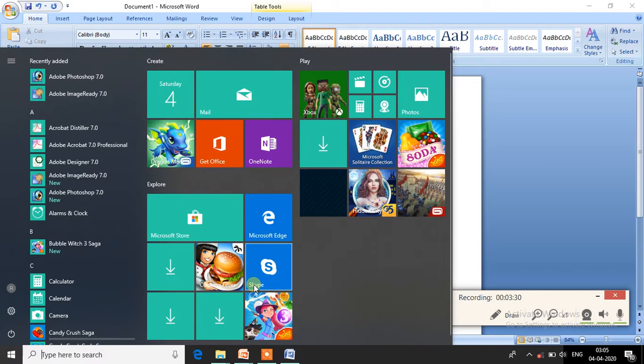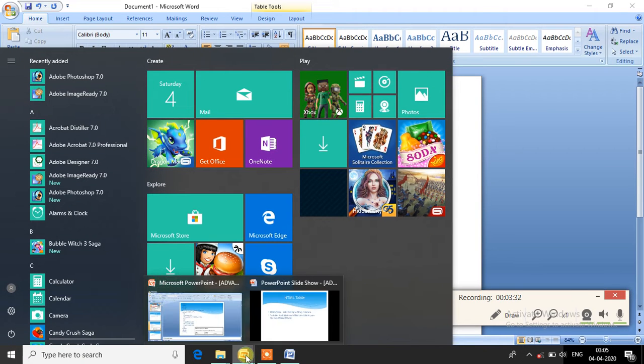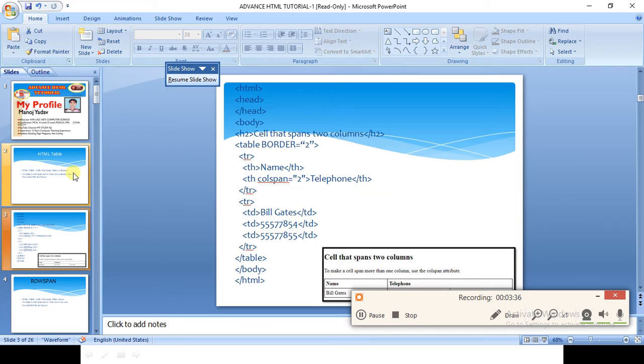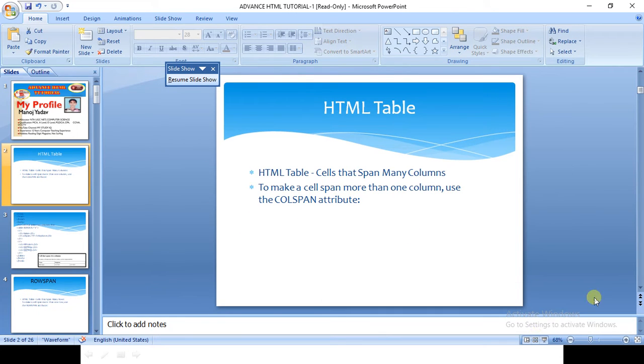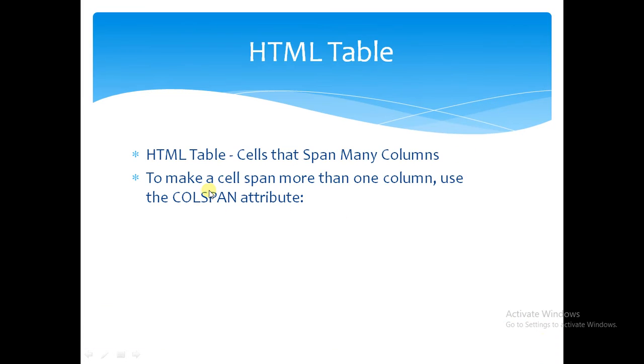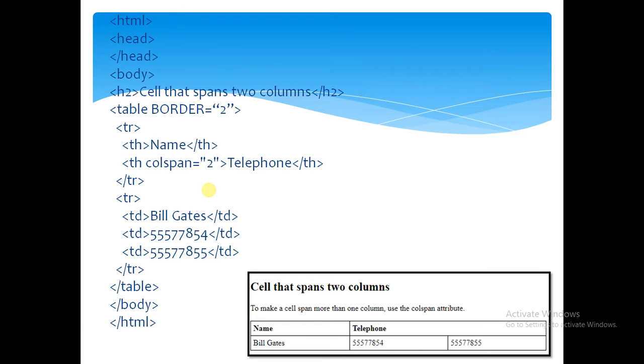So if we want to create a table in HTML with row span and colspan, we need such table attributes. Here we discuss an example of rowspan and colspan. First we write the tags html, head close, and body.